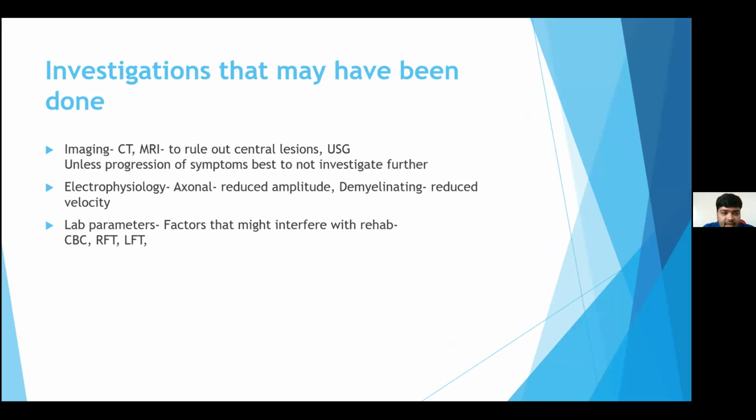But usually, unless there is a new progression of symptoms and somebody has already been diagnosed, it is best not to over investigate and ask for new investigations. But electrophysiology, when it has been done, is important to review because it will give you some information on the prognosis. Now, when you have axonal neuropathies, you will generally find in the CMAP, compound motor action potential, there will